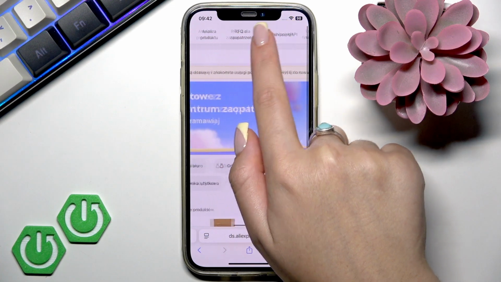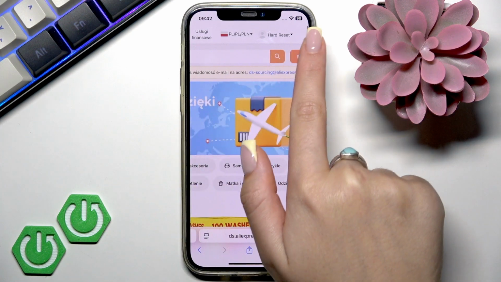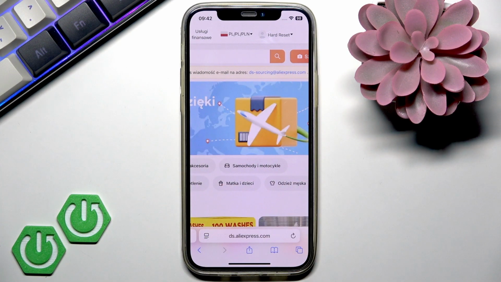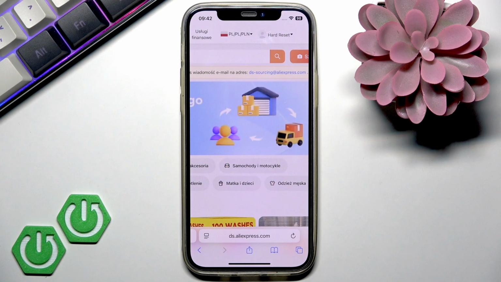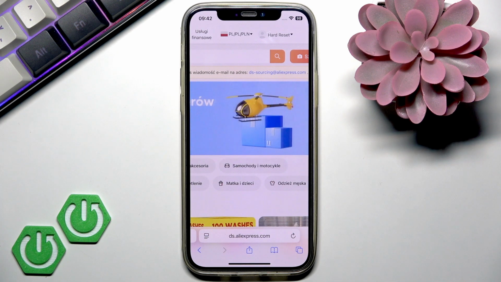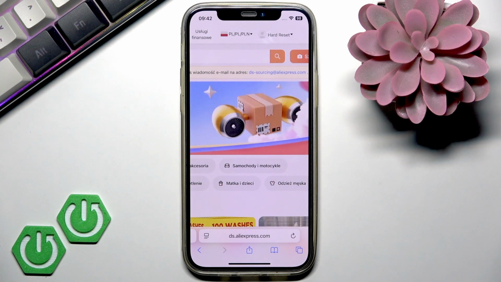And here in the top right corner of the screen, you will see login or register. I have already done that as well. So simply log in or register your AliExpress account, and